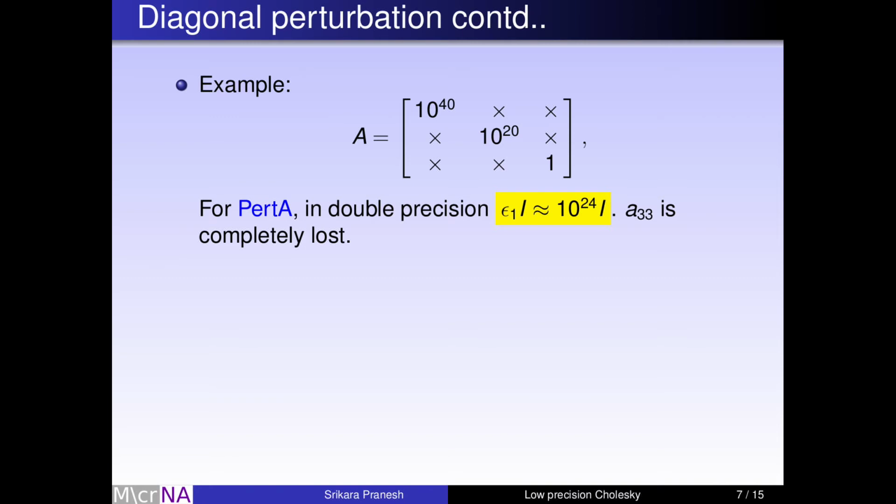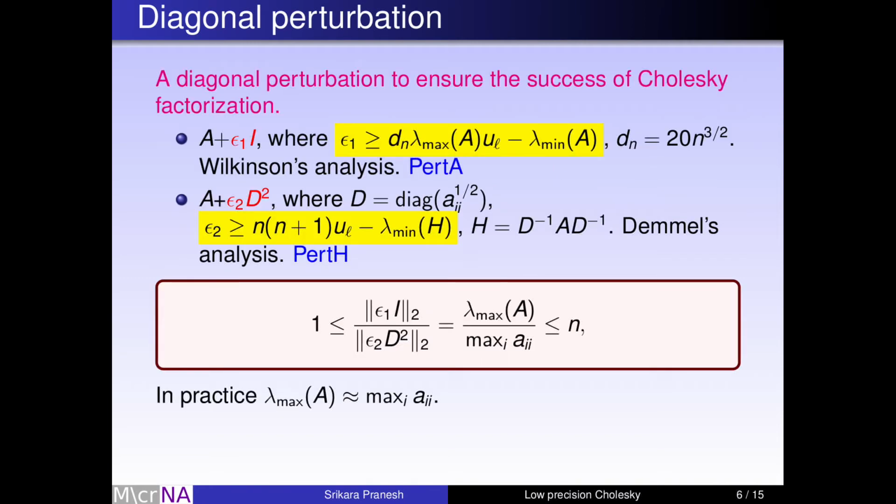What I'm essentially saying here is you need to perturb it by almost this value, that is the maximum eigenvalue of A, but you don't know that when you want to solve a linear system. So you can approximate it using the largest element along the diagonal. The amount of perturbation is the largest element of the diagonal times the unit round off in which you want to perform the